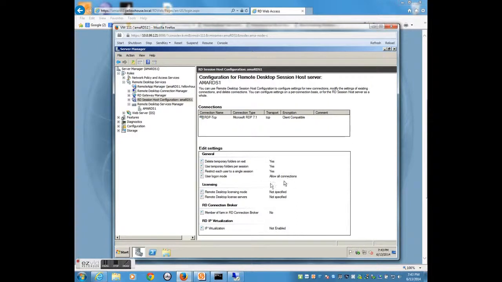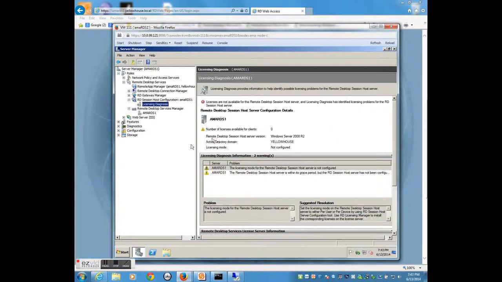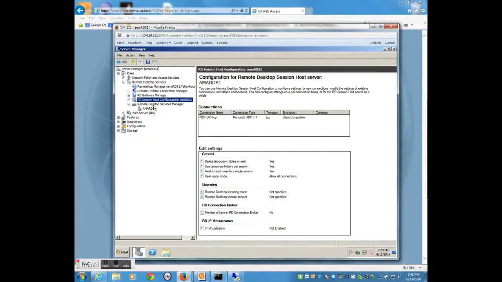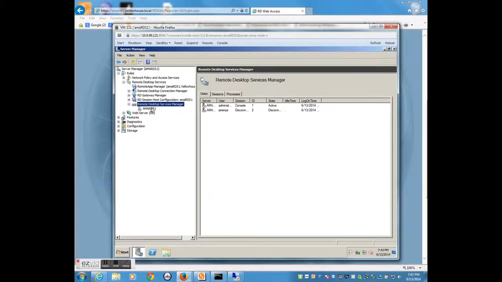Right now we don't have a licensing server because we're still operating in a trial mode. And then we have the remote desktops manager. This is where you can interact with sessions when somebody connects. I've got a disconnected session right there. But if someone connects with the standard RDP desktop, which you can do,